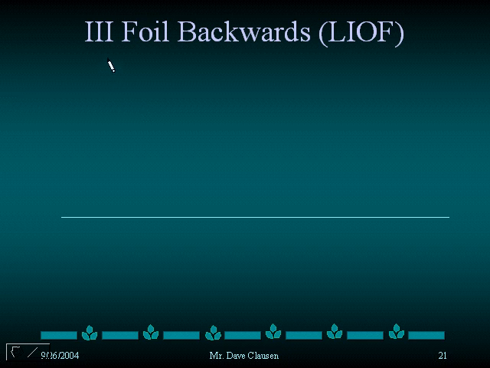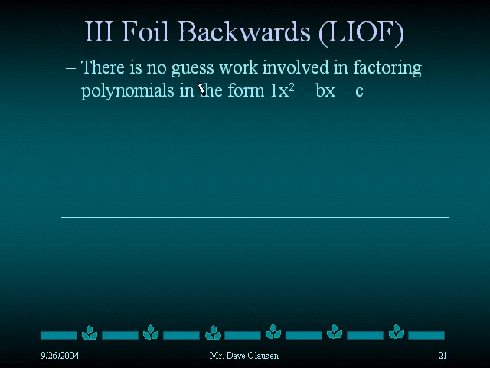In this next portion of our lecture, we're going to look at Roman numeral 3, which is FOIL backwards. That's what I call FOIL backwards, and I'm even writing it backwards to be silly. This is something that I do, but usually not in the book. It's FOIL backwards if, first of all, there's no greatest common factor, you've gone through all the 5 special formulas,